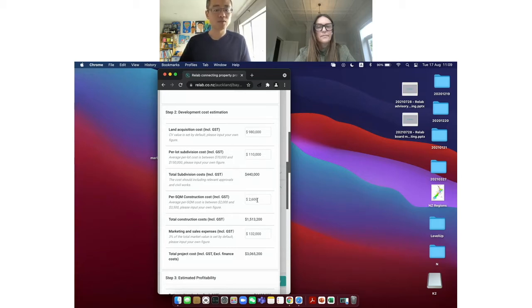And the next one is your construction cost. So we've dealt with subdivision. The next big chunk will be construction cost, which is measured per square meter. Again, this number is easily attainable from just talking to some of the group builders or your own builder. Let's say we change that to 2,700 per square meter. So the system then automatically worked out your total subdivision cost and your total build cost, and we add our